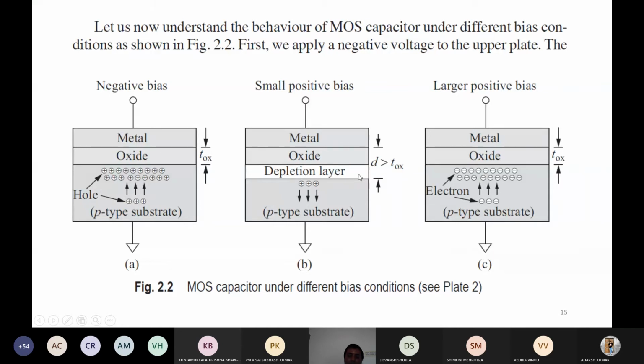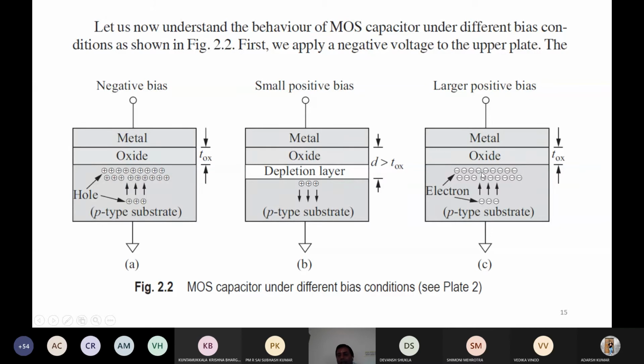We know that due to the depletion region, there is a capacitance. So it will create some capacitance in parallel. Sorry, in series. In the other way we can say that the oxide layer thickness is increased. So in this way, capacitance is decreased. That figure we have already seen. So obviously, again, the channel is not formed, and no charge carrier movement from the source to drain is possible.